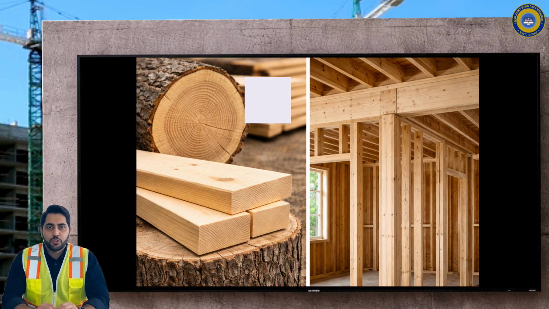Solid wood means the structural member was cut directly from a log and shaped by sawing or planing. It has not been layered, glued, pressed, strand-oriented, or chemically reassembled. What you see is one continuous piece of material that once grew as part of a tree. That single fact controls almost everything about how the material behaves in a building.